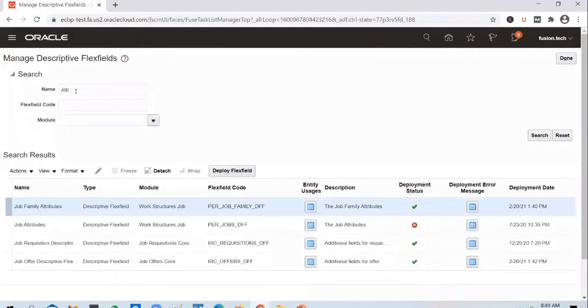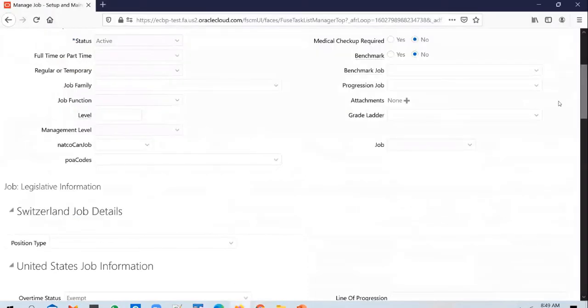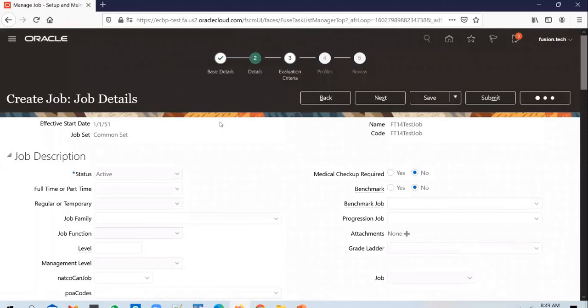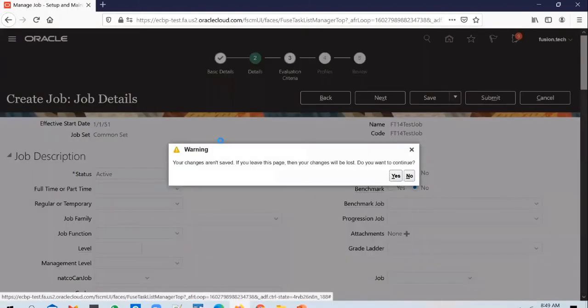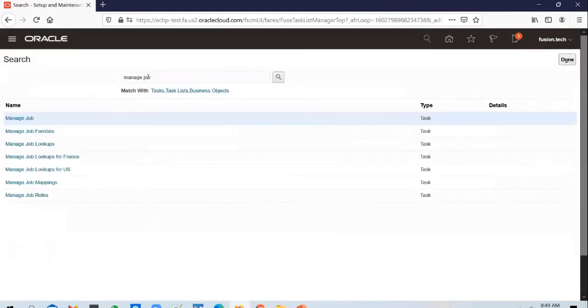So what we do, rather than fixing this up, let's see if we have a grade. We have a flex field on the grade. Yes, you have got a flex field on the grade. So instead of picking up a location, we'll switch it. We'll go to the grade. I don't think it makes sense to waste any more time on fixing the flex field errors.